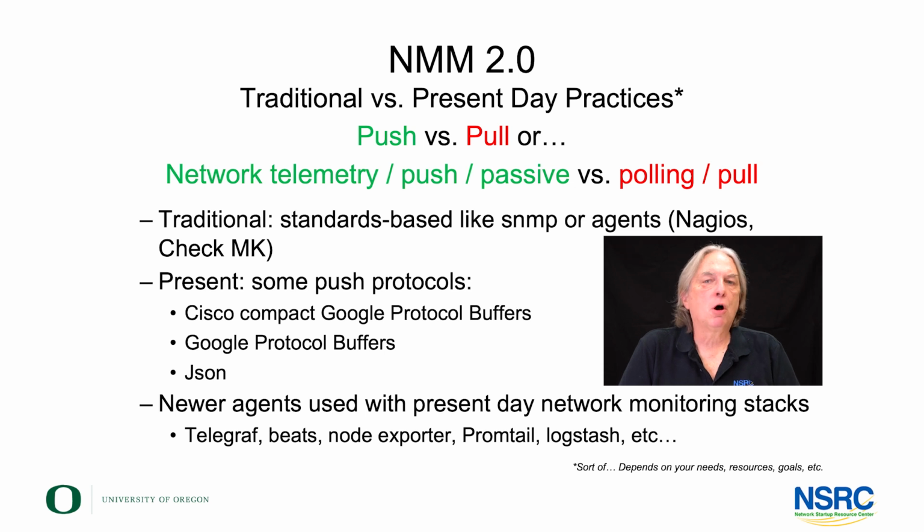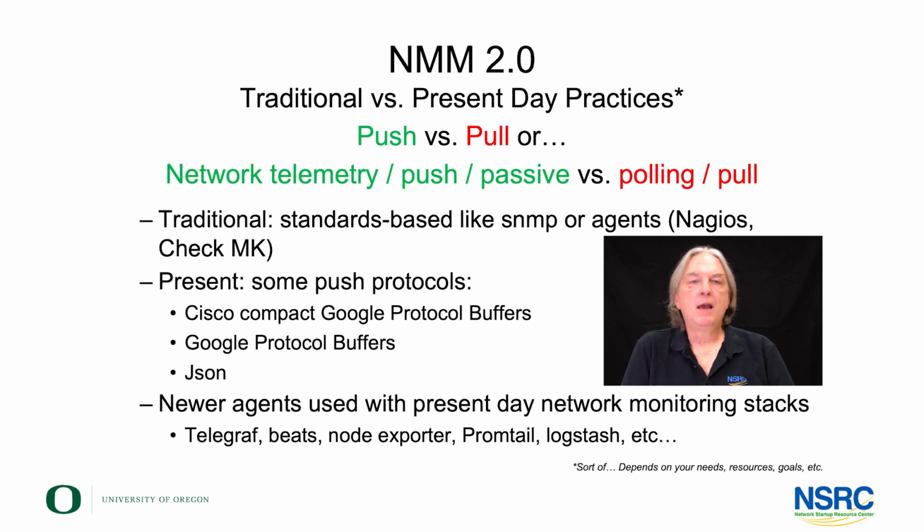There's some push protocols that are available. These are protocols that people are trying to put in place on hardware devices, such as switches or routers, so that we can actually push data from them using a protocol versus having to have an agent. Because think about a router, it's very difficult to install somebody's third-party agent on a router and have it send you data. So you still actually do need, in most cases, for a device like a router or a switch, to actually poll that device using SNMP.